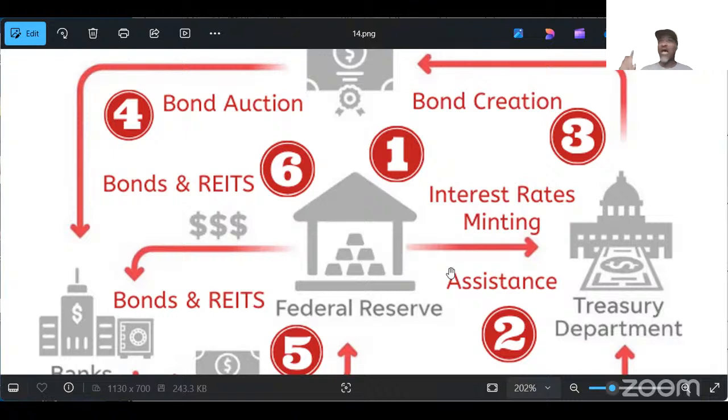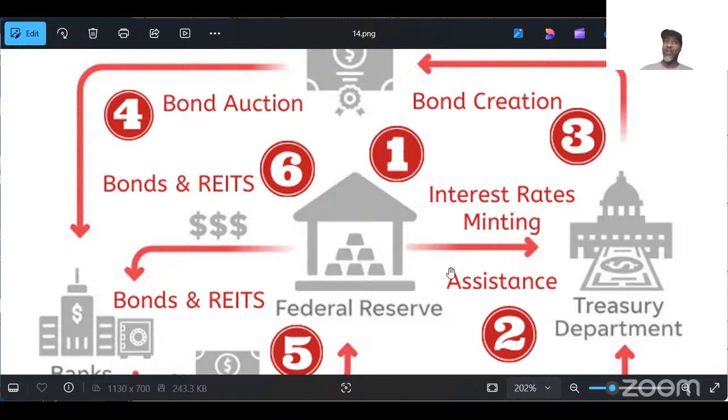I'm going to say it one more time because I want to drive this home so everybody gets it. When you look at the face of that dollar, in the little corner, it says this is a debt note. Well, if it's a debt note, there should be a debt attached to it. And the debt that is attached to every single dollar is a government bond that was created. So let's go through it again. You have number one going to the Treasury Department. The Treasury Department is the one that creates the bonds.